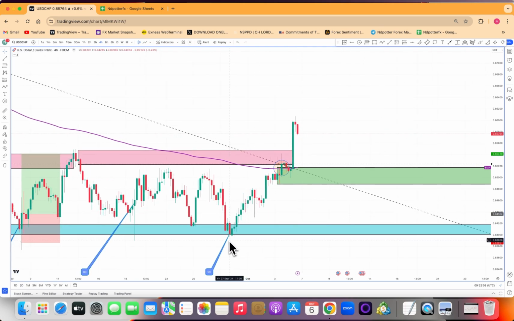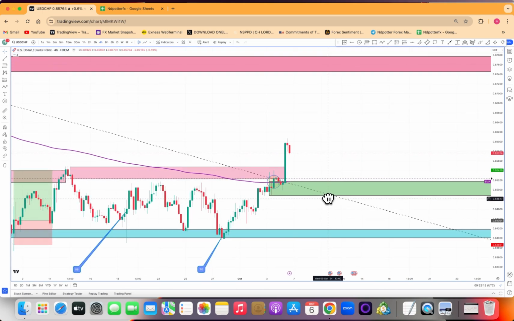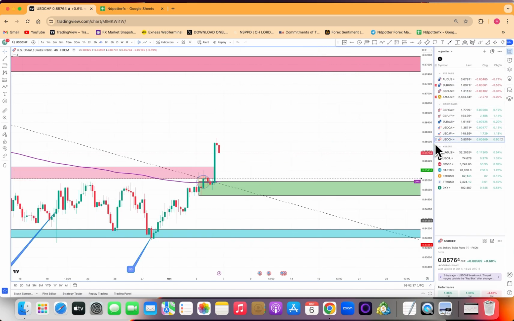So what I'm going to do here is on the 4-hour time frame, I'm going to wait to see if this market will come back to this demand around this area. Then I will start looking for my long to the upside. This is what I will be looking to see on USDCHF for the coming week. So which other pair